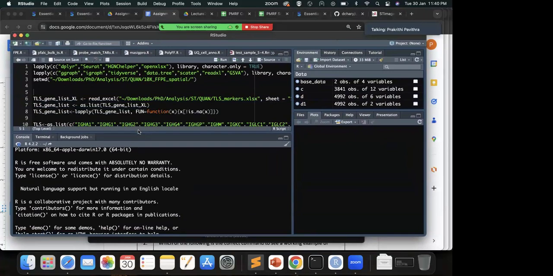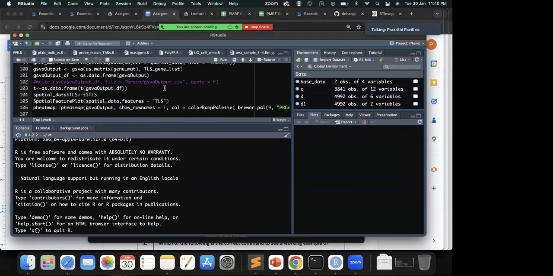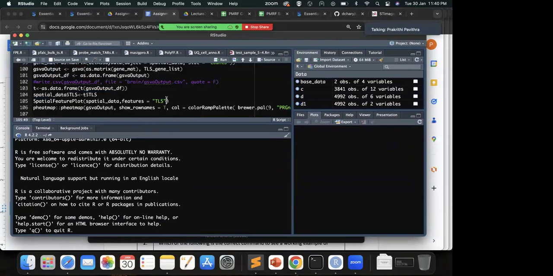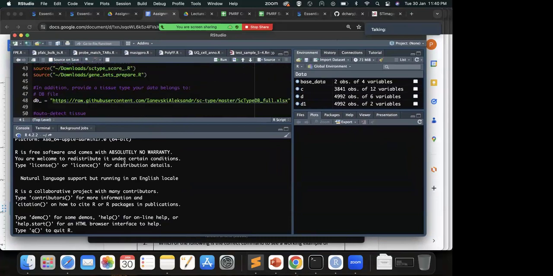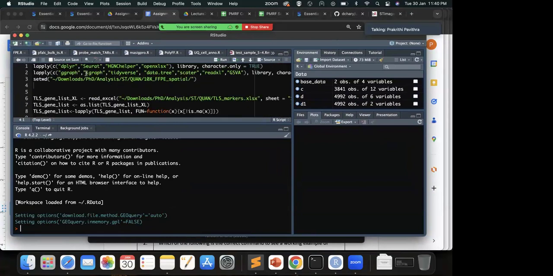So like we said, we have four windows. This first window is for writing your script. Here's an example of some script that I did for my project. It has a lot of commands. And this is the console. So when you press execute,